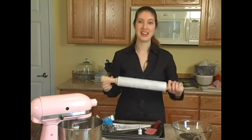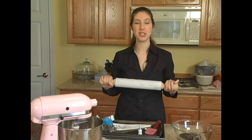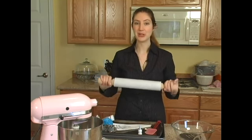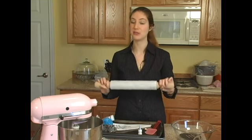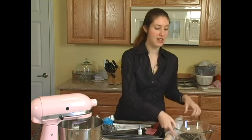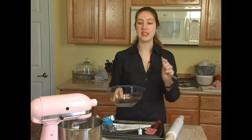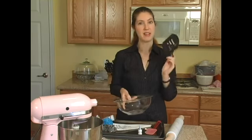Of course, a nice heavy rolling pin. It's essential to get that cookie dough rolled out properly, so you want something that's going to do it quite easily for you, and something with a little bit of heft is going to do most of the work for you. Of course, we'll also need a mixing bowl. Besides the one in the standing mixer, you want a separate one for mixing your dry ingredients,